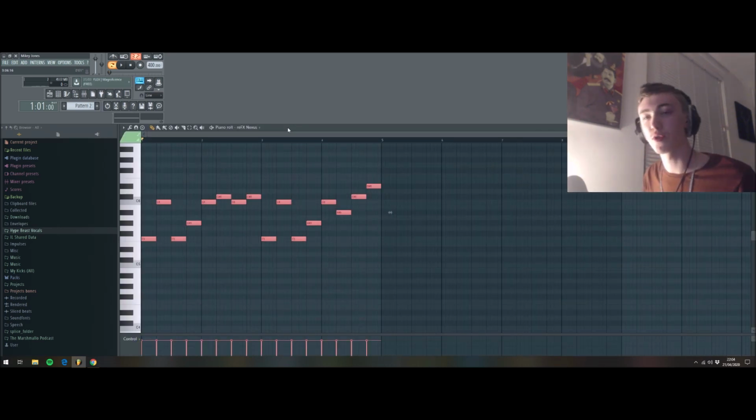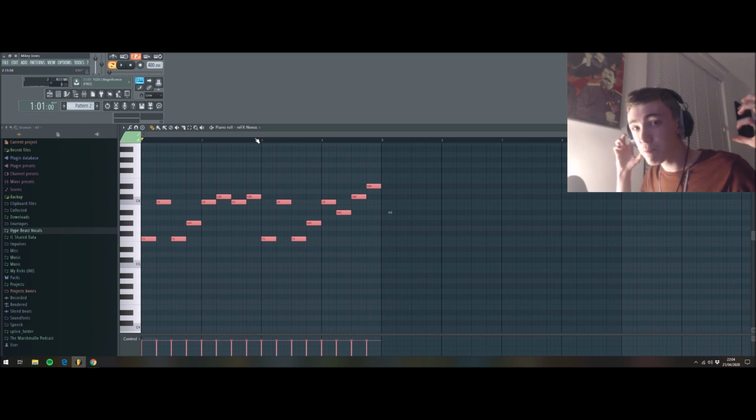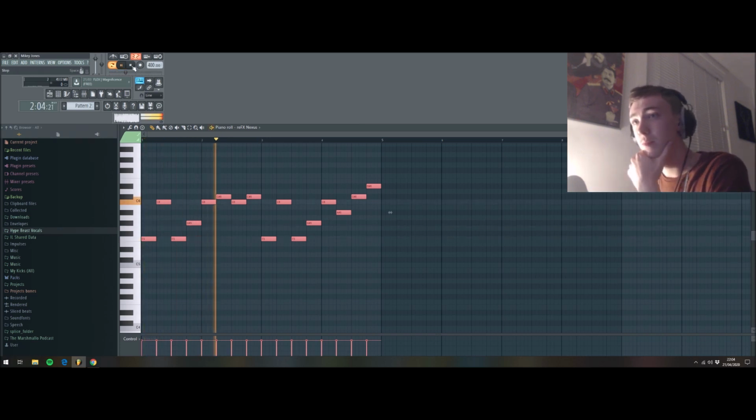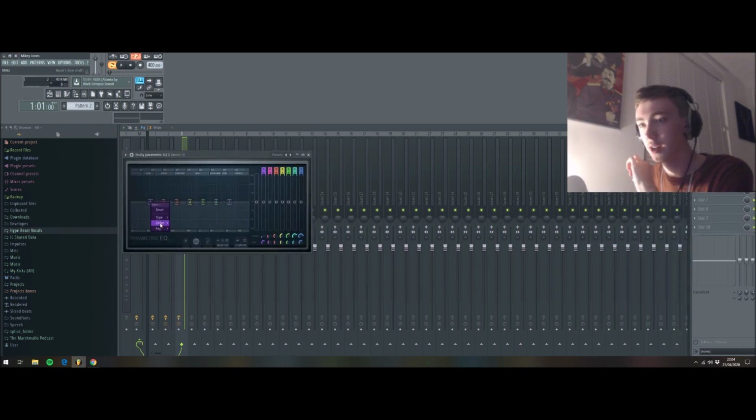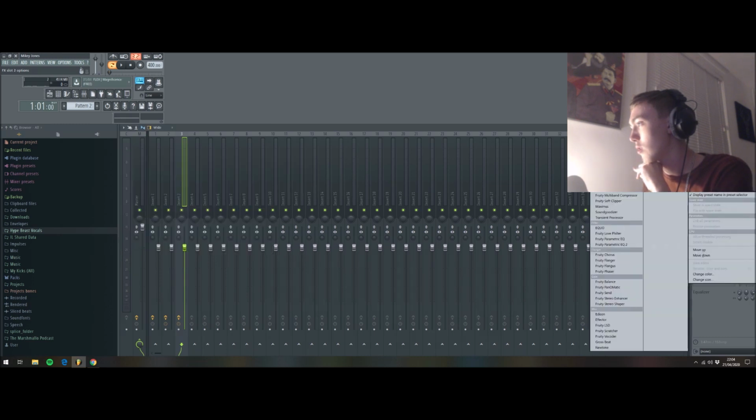Now the best thing to do for a progressive house melody is to choose a really massive supersaw with some slightly trumpety sounds in there and then distort it. So we're going to start with this. It's good on its own, but it's a little bit dry. So what we want to do is just add a simple low cut,